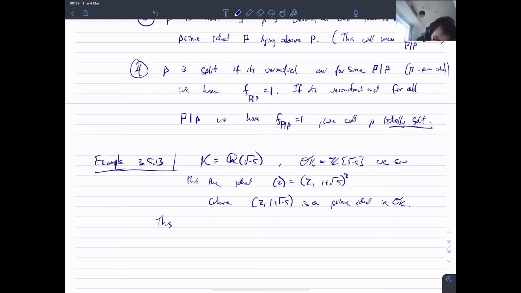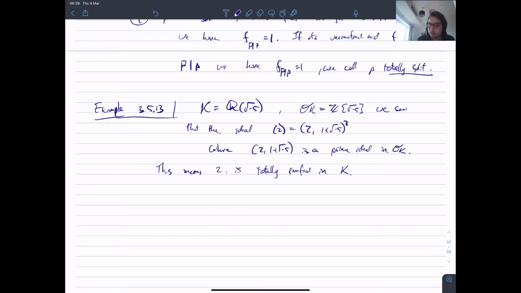I'm just going to say that the number 2 is totally ramified. Okay, you could maybe say either the number 2 or the ideal generated by 2 is totally ramified. It doesn't really make a difference, it's just terminology. Similarly, we looked at